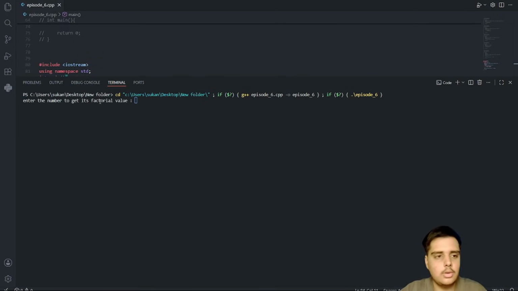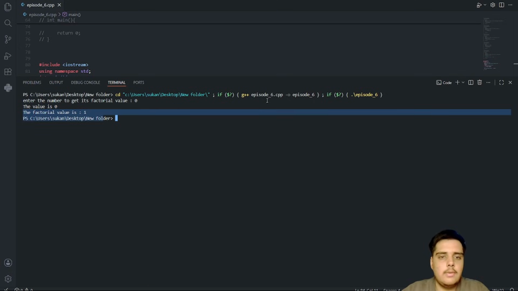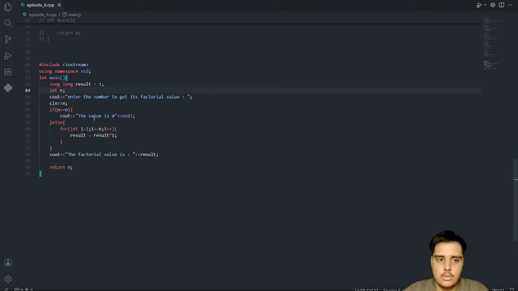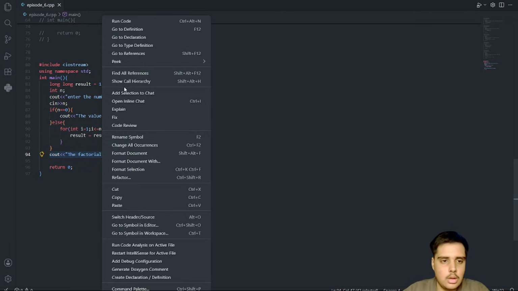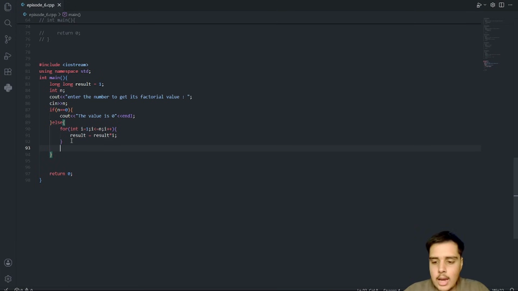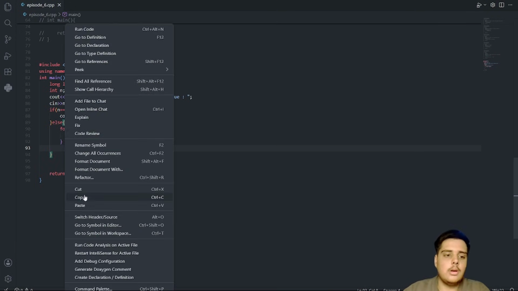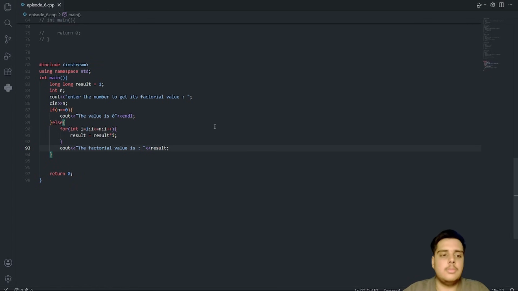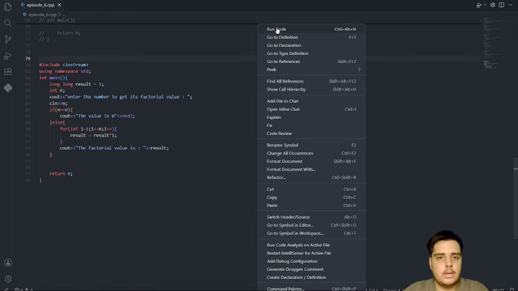Now when I run the code and I say 0 as the value, it says the value is 0 and the factorial value is 1. So the matter is we have included cout outside the loop, but we will cut it and add it after the for loop, but inside the else conditional statement.